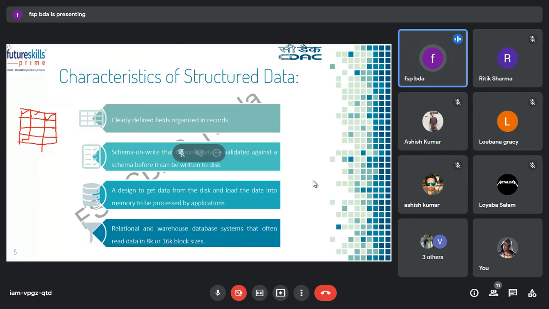So you have to prepare a schema first before writing data into it. But when you have voluminous data, a large amount of data, this will take a lot of time.